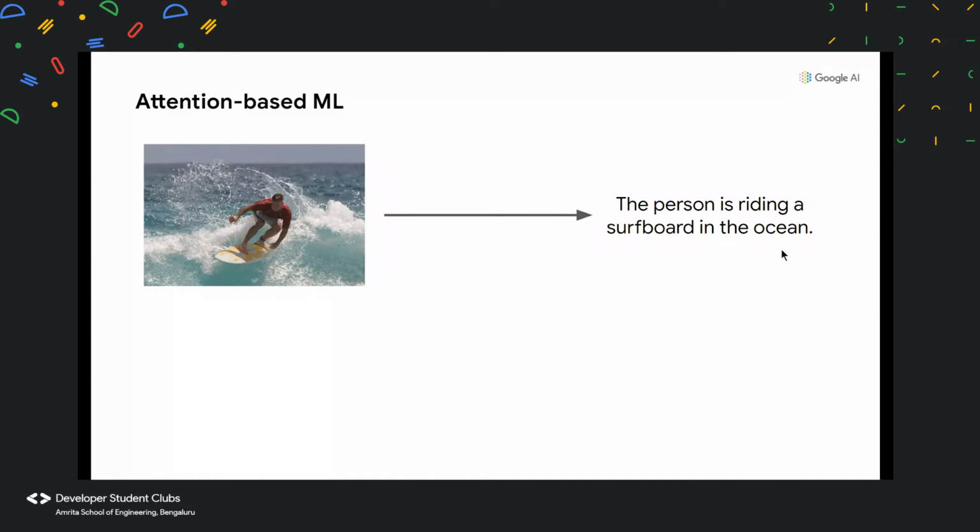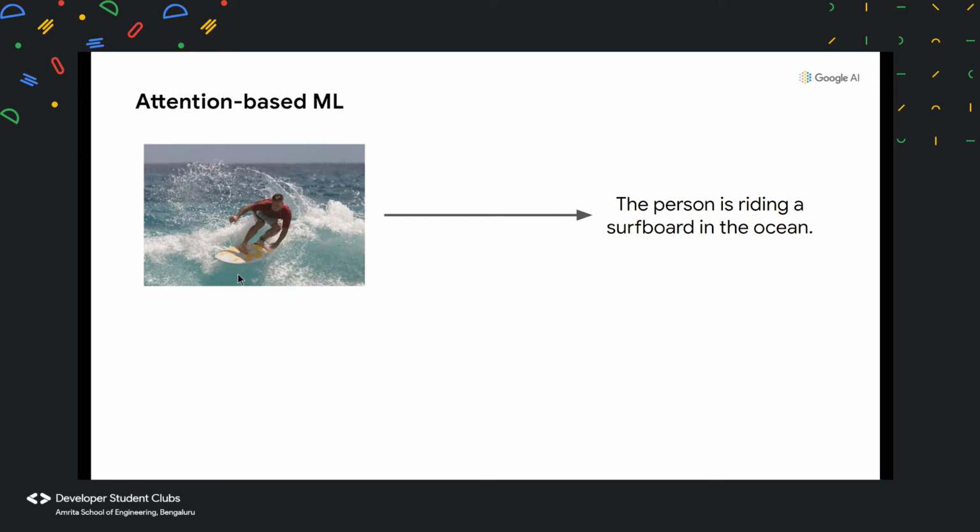Now, for a human, describing an image is pretty easy, and it's an instant process. We look at the image, and if we're familiar with the different things that we see in the image, we're able to describe it in words. But in order to teach a machine how to do that, we need to break down this process that takes a fraction of a second in our brain, and teach the machine the steps it has to take in order to generate the caption.